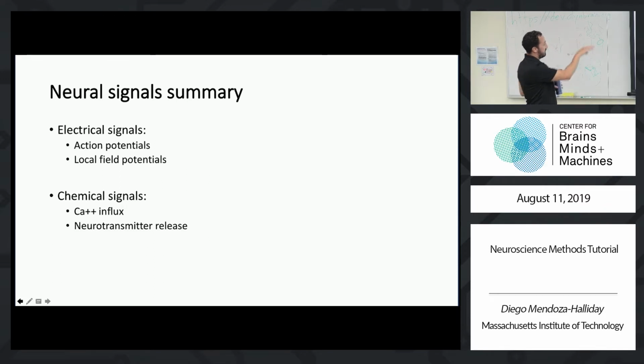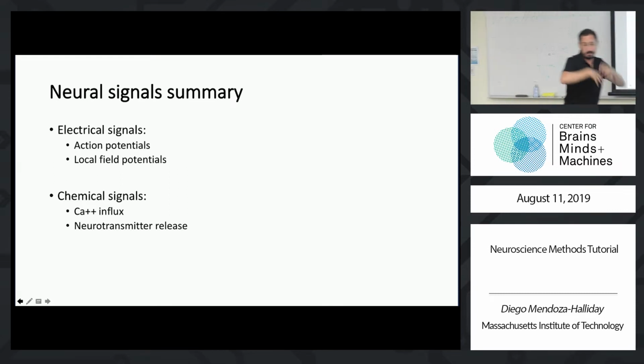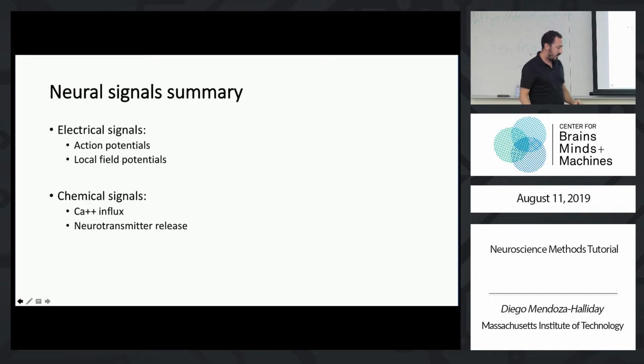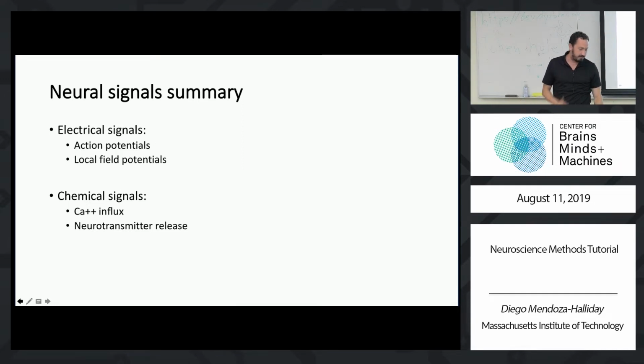And then the chemical signals, which is calcium influx and neurotransmitter release. So those four signals, if we can acquire them, we can know about what's going on locally in the brain and even at a larger scale. Everything else will likely be a proxy or an epiphenomenon that we can also benefit from, but it's not part of the